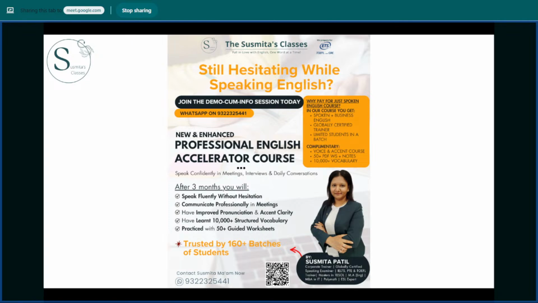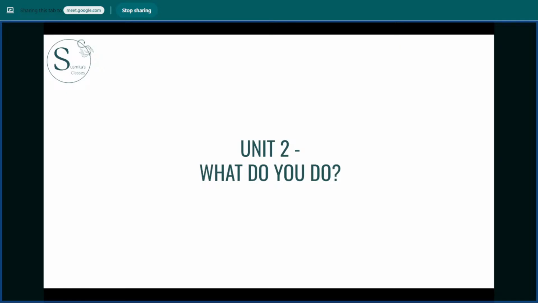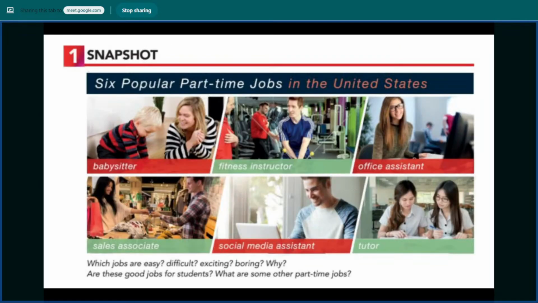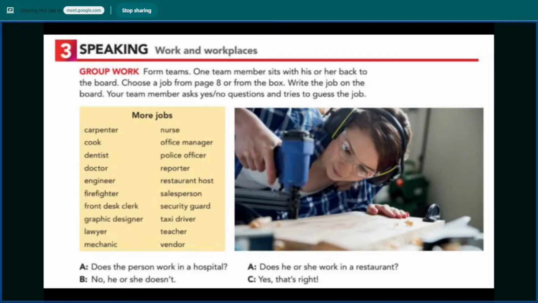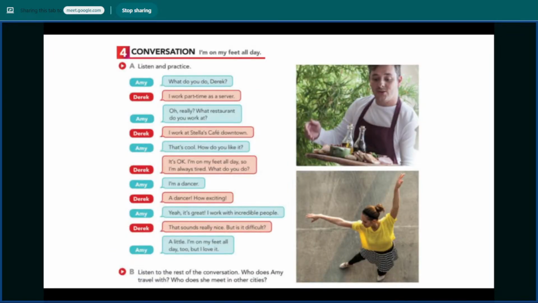But still when we try to talk in daily life, we face a lot of issues, we face a lot of hesitation, and we fumble as well. So what we do is we practice based on a conversation. Okay, so at the start of the session, say we look at a conversation, we start with a little spoken practice, then we will look at a conversation again. Here also we start with spoken practice. We'll look at a conversation, we will practice this conversation.